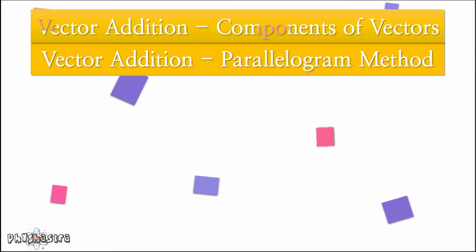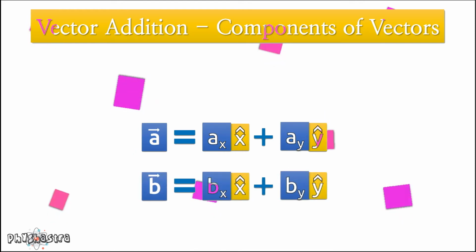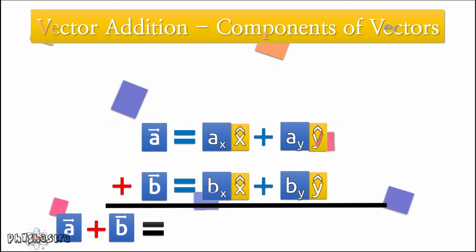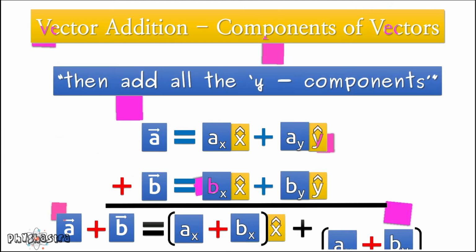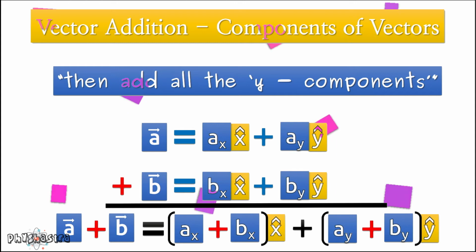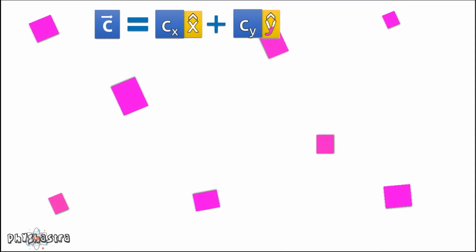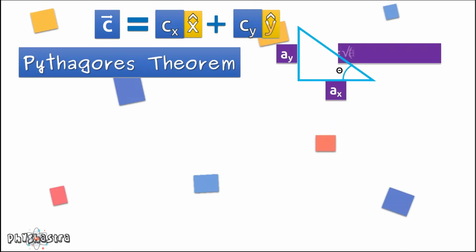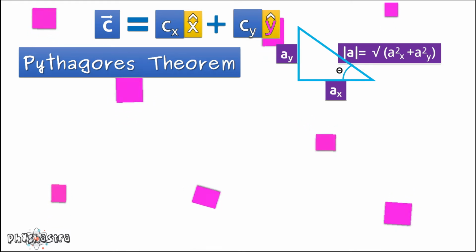For example, consider two vectors A and B, and we have their vector notation respectively. What we do is add the respective components, such as add all the x components of all the vectors and then add all the y components, and just like that you will get the resultant vector. You can find the magnitude just using this formula which I mentioned in the previous lecture in the introduction part, or this is basically Pythagoras theorem: the square root of the square of height plus square of base.